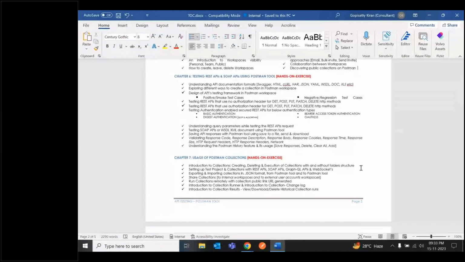We're not going to be writing hundreds of lines of code for JavaScript. Most of the JavaScripts are already built into the Postman tool, and a couple of general reusable